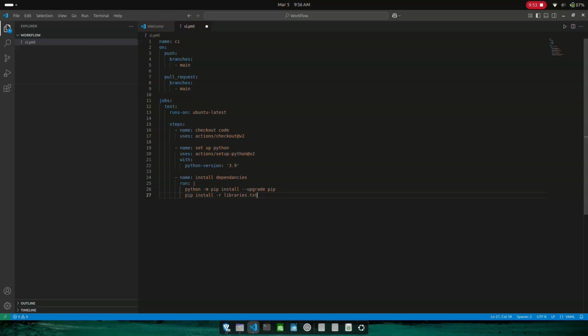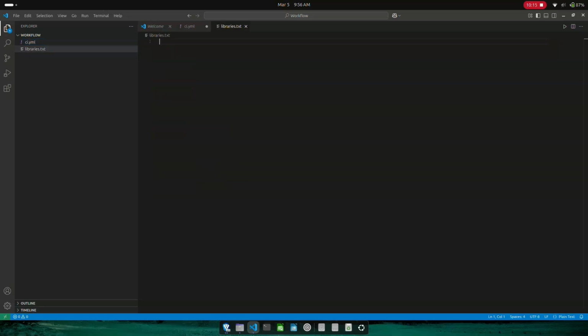Next, in the next line, we are supposed to read the file called libraries.txt and install whatever we read from that. But here you can see we do not have a file named that. So we'll create a file and we'll name it libraries.txt. Inside this, we'll just simply write pytest equals 7.2.2.